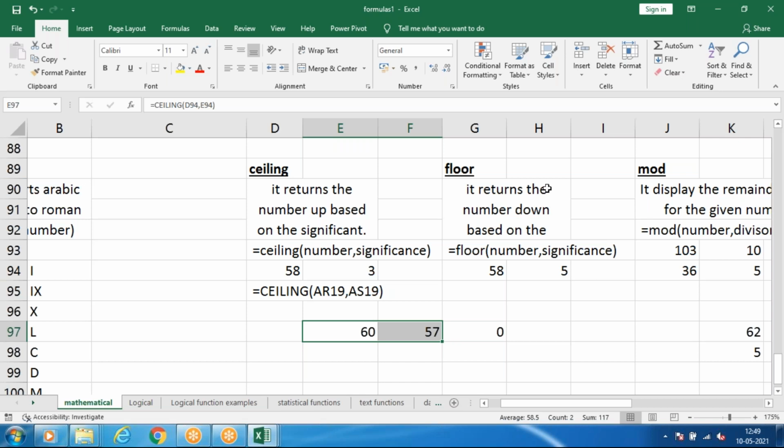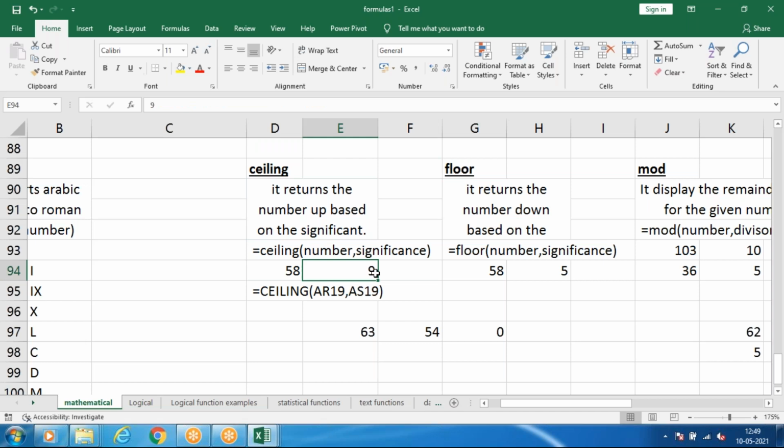Or else in packaging. For example, in each box you have to do a package of 9 apples. So that time you have to do it like this. When you are doing a package of 9, either he has to give 63 or 54. Otherwise in one box it will be very less. So based on that only we have to get the total apples. For that you have to do floor or ceiling.